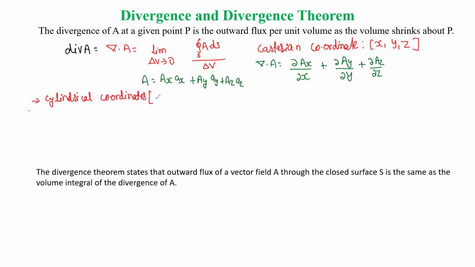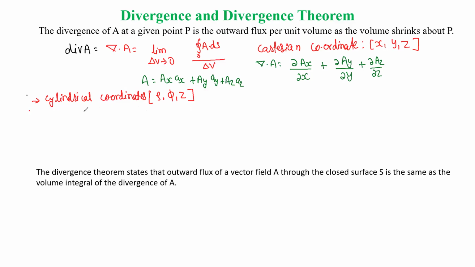What are the parameters? Can you recall? So we have here rho, phi, and z, where rho ranges from 0 to infinity, phi is 0 to 2 pi, and z is from minus infinity to plus infinity. So again, you will see that in cylindrical coordinates, if you are going to consider any dimensions,